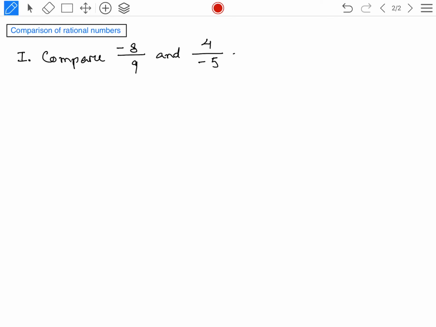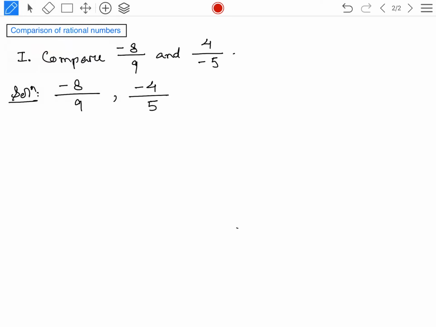One thing you have to remember, whenever you find the denominator in negative, in the second one 4 by minus 5, the denominator is given in negative, yes or no? So you need to change the sign. That means the denominator should be made positive. Okay, you need to interchange the signs. So you will write solution. First one, it is okay because the numerator is negative. Second one, it is given 4 by minus 5, yes or no? 4 by minus 5 can also be written as minus 4 by 5. You can just interchange the signs.